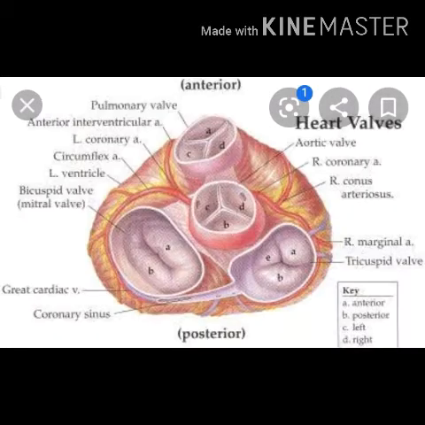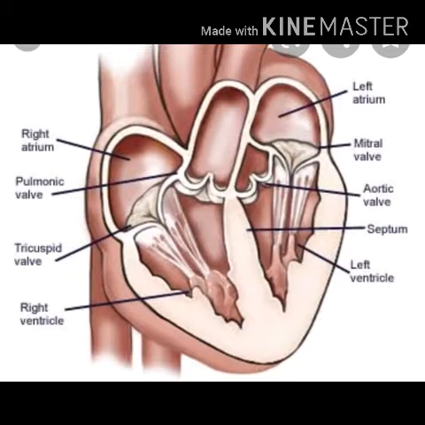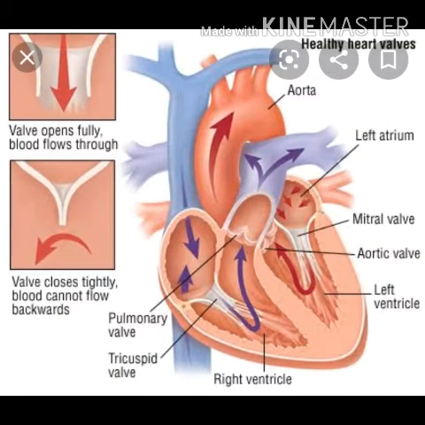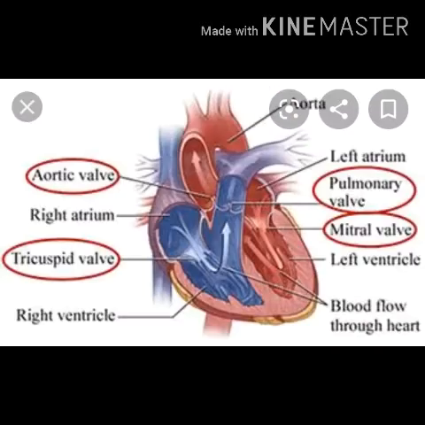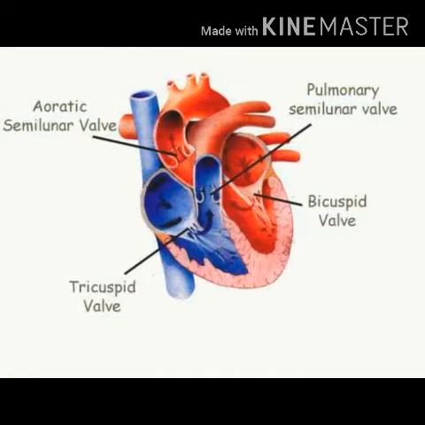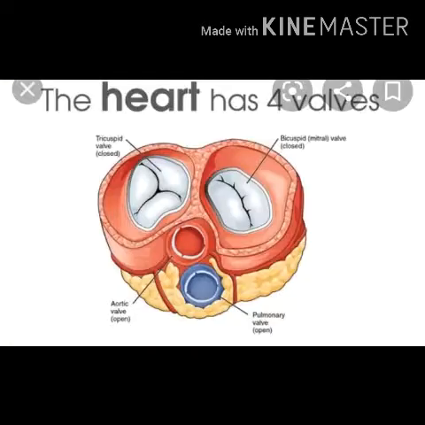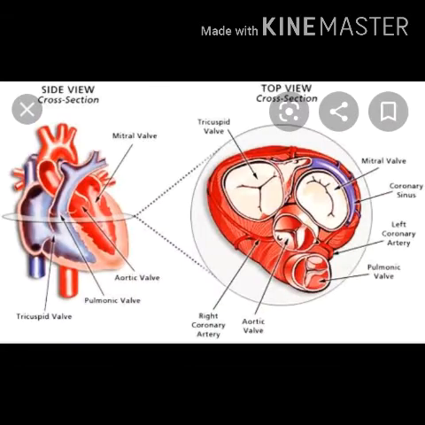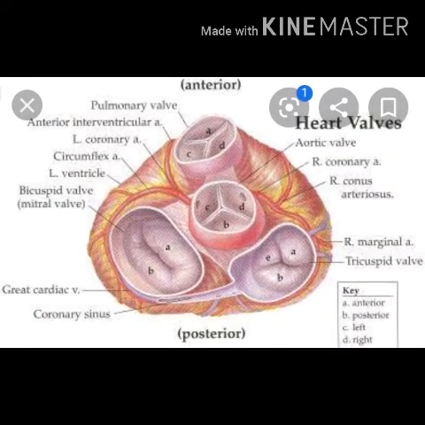At first, we will start with the valves, which are muscular flaps present between atria and ventricles, which monitor the unidirectional flow of blood in the heart and blood vessels. What are the different valves present and what are their functions? First, the atrioventricular valves, that is AV valves, present between the upper atria and lower ventricles. They allow blood in the ventricle to enter the major arteries and leave them. They also prevent the backflow of blood during ventricular contraction.